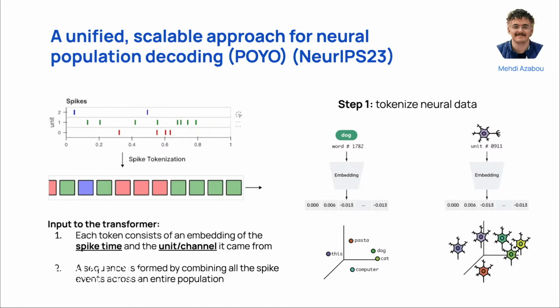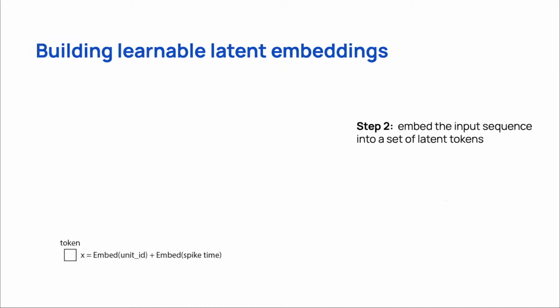And then the second piece is that instead of discretizing our spike train and representing all these zeros, we only pass in tokens for every single spike. And so now essentially a spike is given a unit embedding, which tells you what neuron it came from, and also we represent the timing information at which that spike was emitted. So this gives us a very sparse and very compressed representation, but one that actually has very high resolution in terms of the actual spiking dynamics.